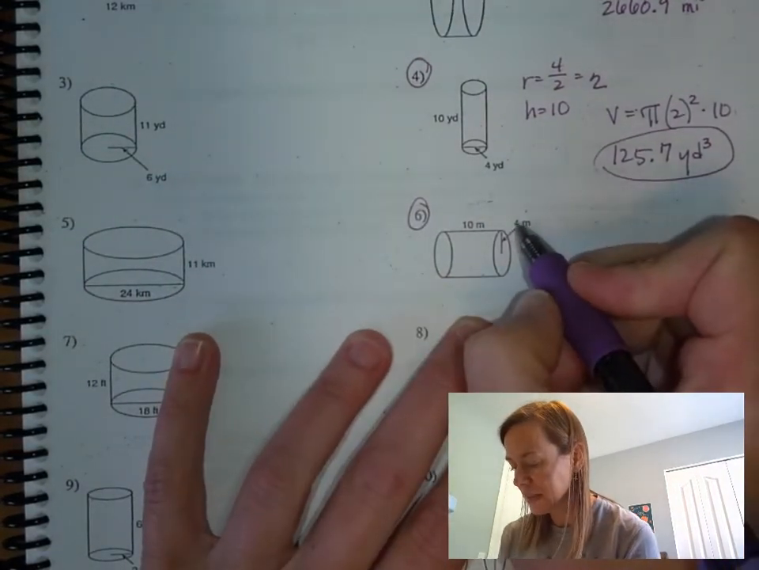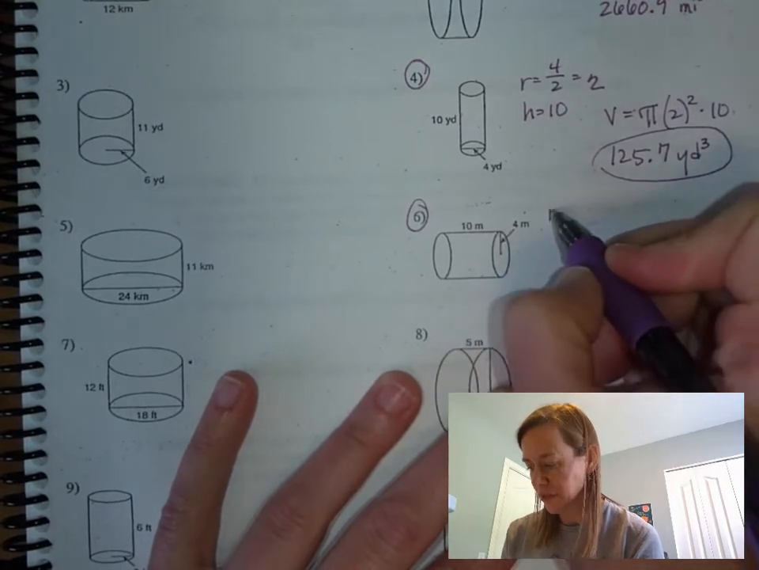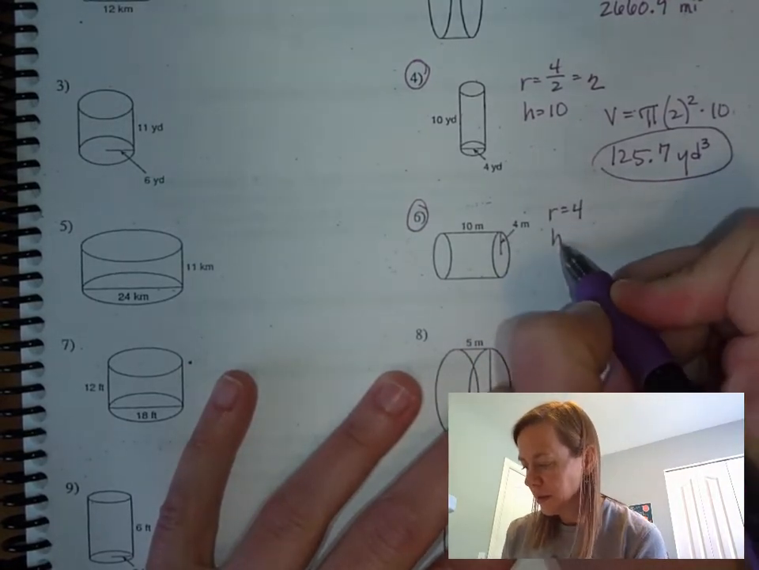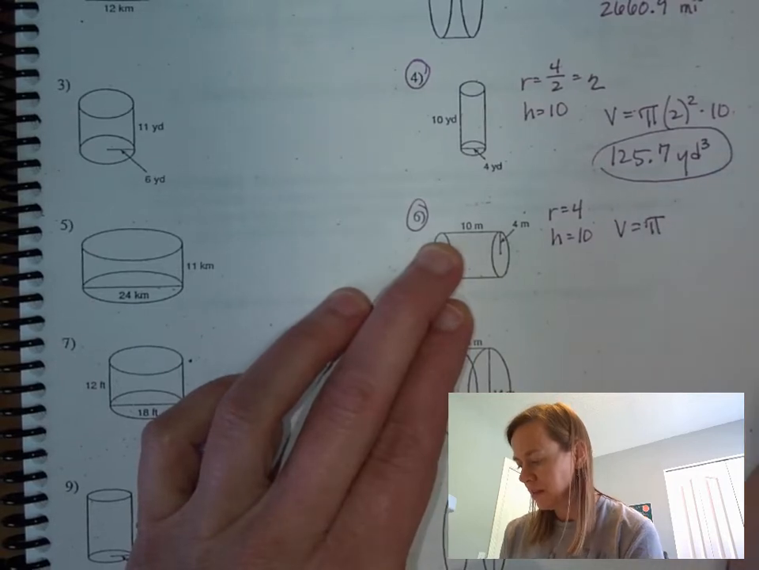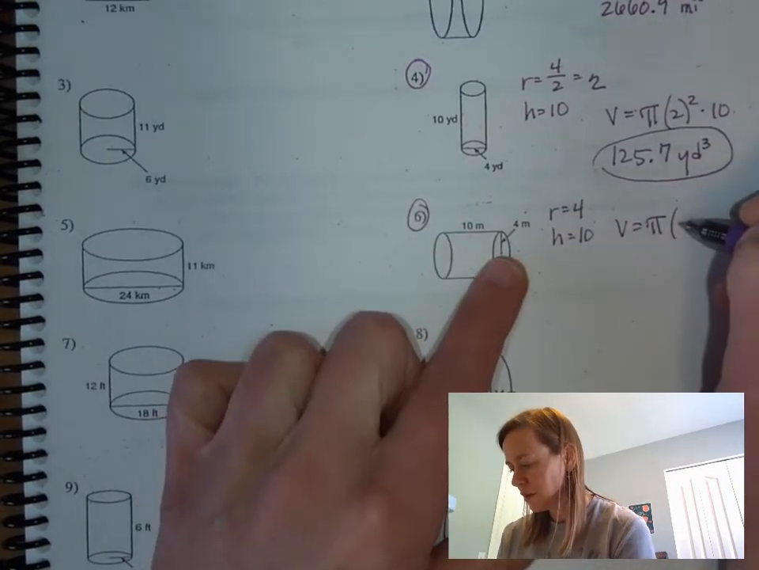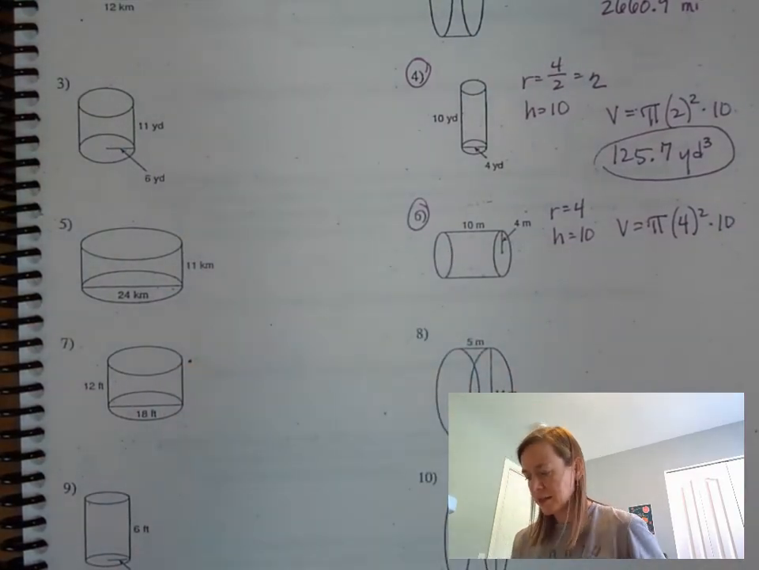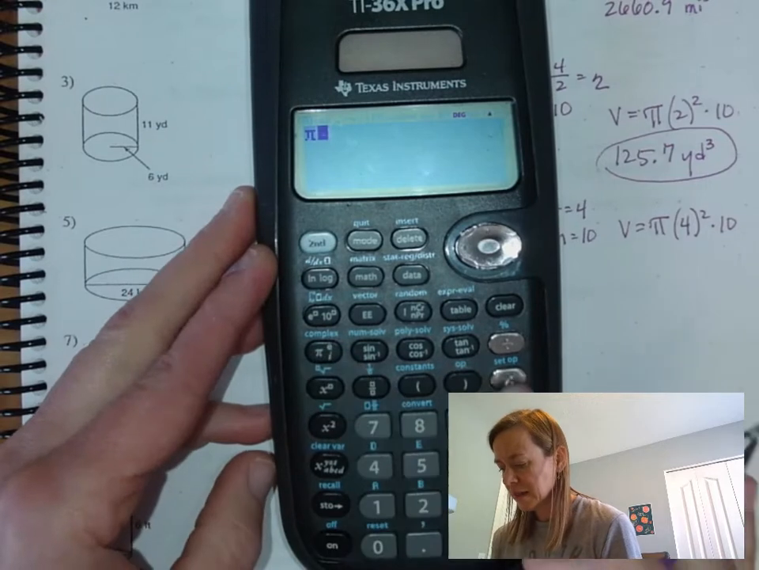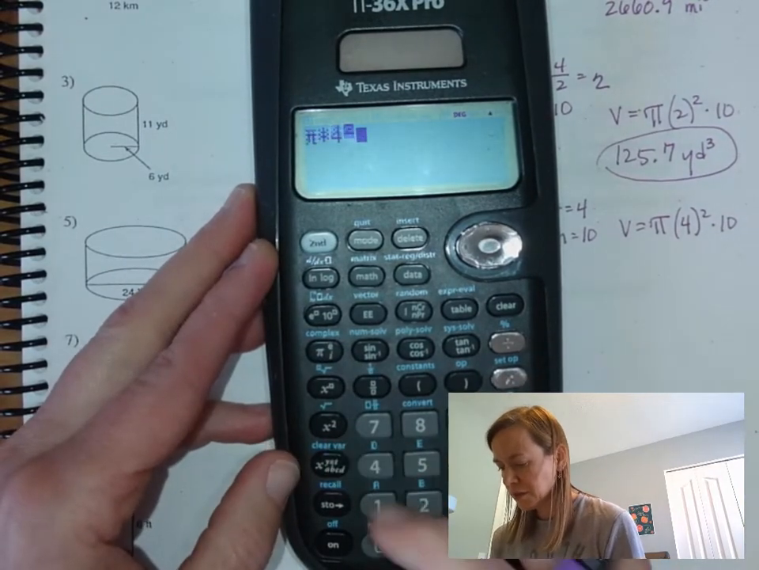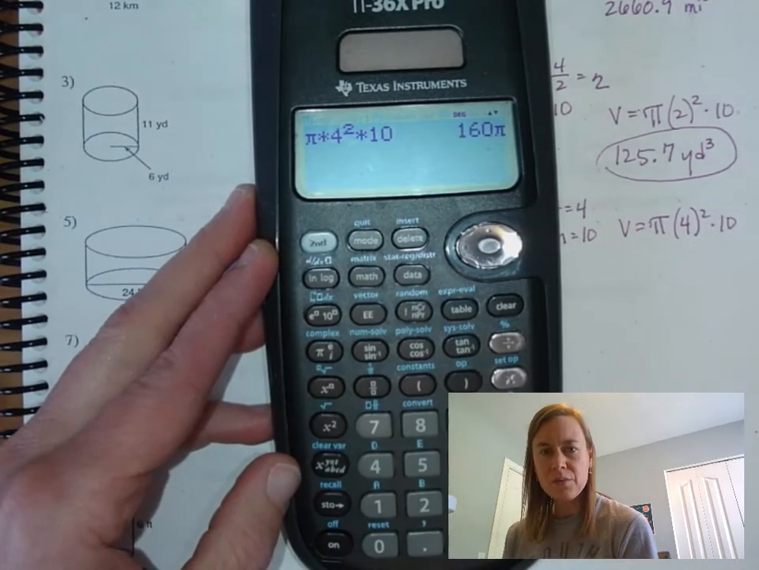Okay, so the radius, is it 4? Yeah, it looks like we start in the center and go to the edge for that one. So the radius is 4. The height equals 10, and now we'll just plug it into our formula. Volume equals pi times the radius squared, 4 squared, times the height, which is 10. Okay, and so I'm going to do pi times 4 squared times 10. That looks right, equals